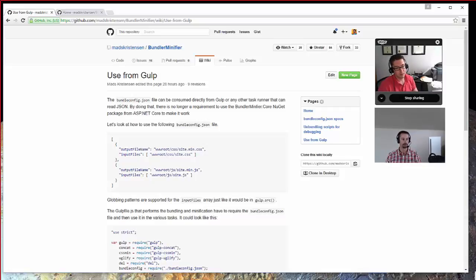Right. So that's a good point. And it was something that we knew when we made the decision. It was a calculated thing for us. Here's our reasoning. If you come into ASP.NET Core for the first time, you may or may not know Gulp, but you definitely don't know Bundler Minifier, which actually is not true either, because the Bundler Minifier extension has been out there for a year. So a lot of people know that too. 140,000 downloads, right? So that's a lot of people. But